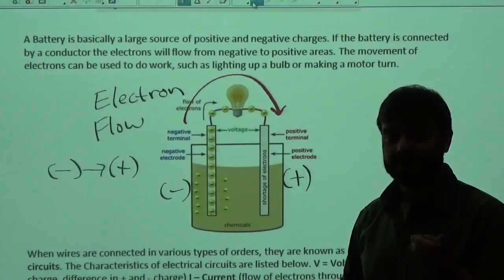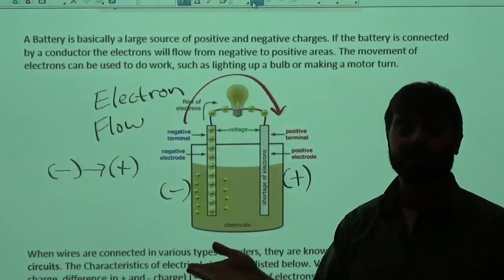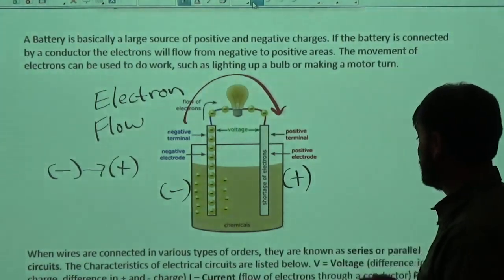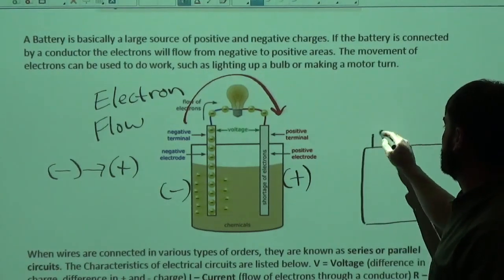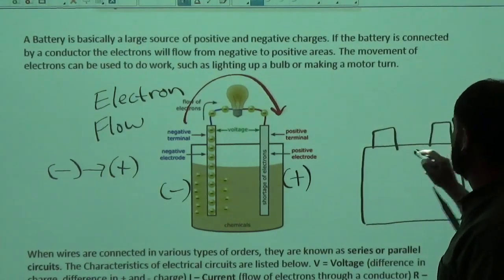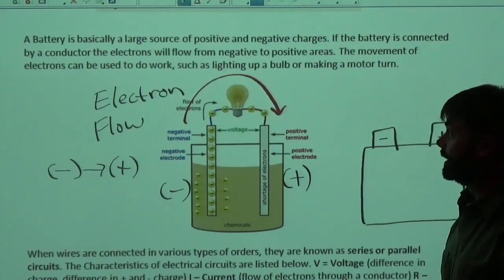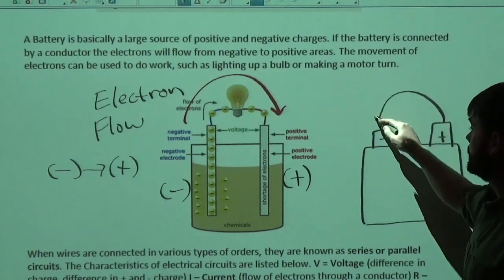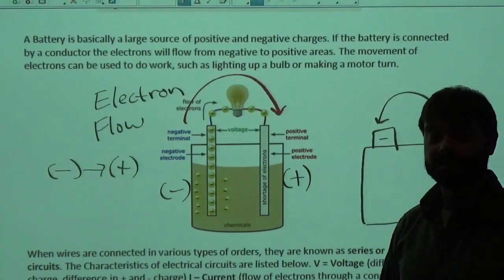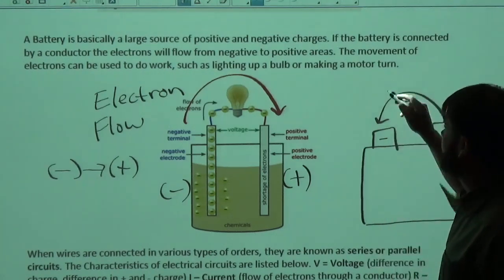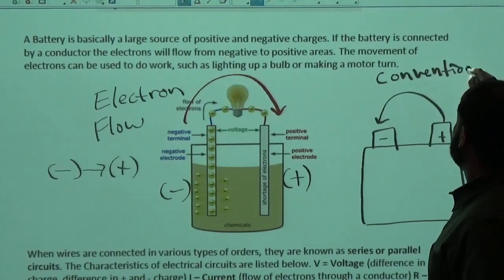Now, I can guarantee you can search online, you're going to find places and diagrams and even simulators and things that we're going to use too, and they're going to show a picture of a battery, and the battery might look like this, and I'll put a probe on one side, an anode on the other, will be listed as positive or negative like this, and I can guarantee that they're going to draw it going like this. They're going to say the current flows from positive to negative. Okay, they call this conventional flow,